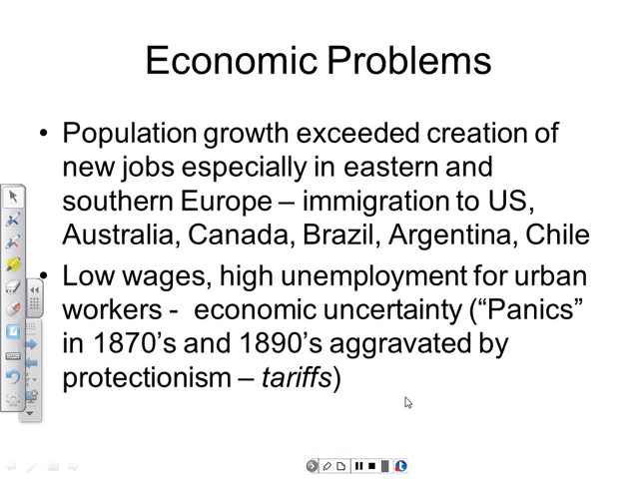And then there was also a problem in the sense that periodically the economy would tank. Today we call it a recession. But back in the late 19th century, it was called a panic. And the reason it was called a panic is because it involved literal panic. See, what would happen is that